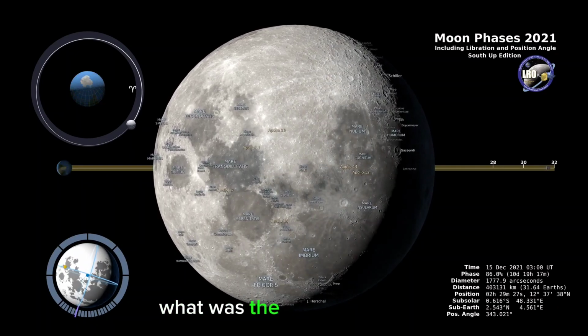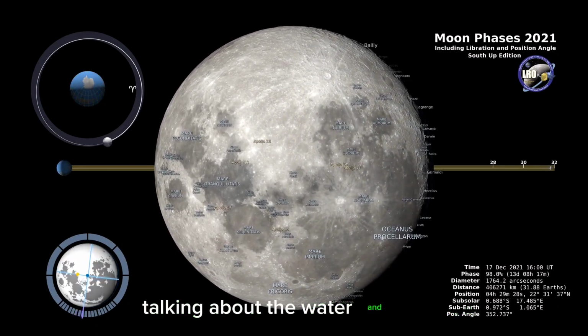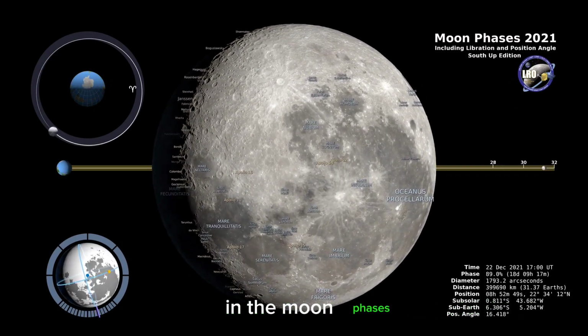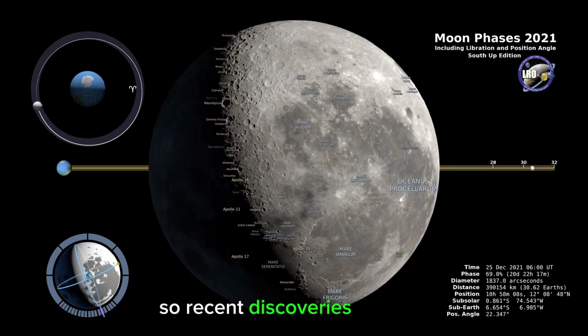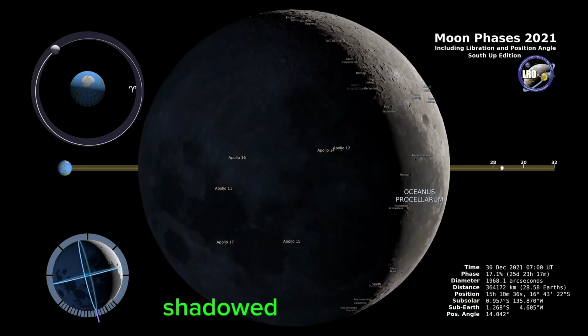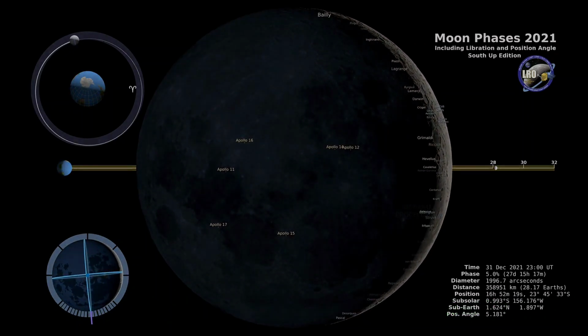So, what about water and resources? Talking about water and resources, what is the link between water and resources and the moon phases? Recent discoveries suggest the presence of water ice in permanently shadowed regions of the moon. NASA is interested in studying this water as